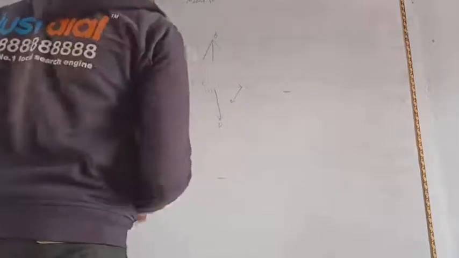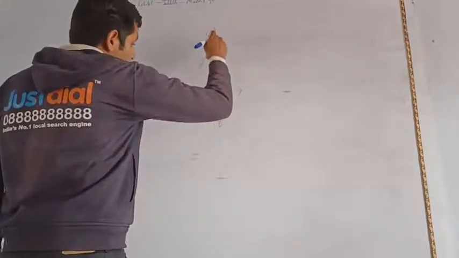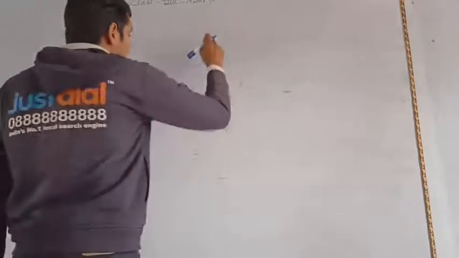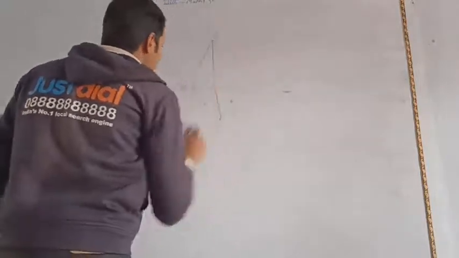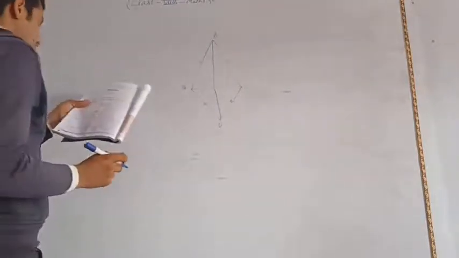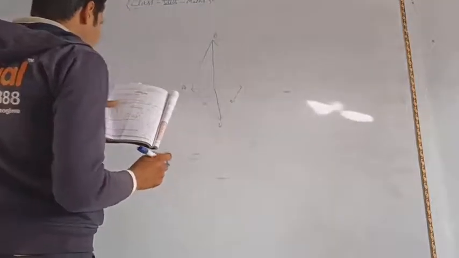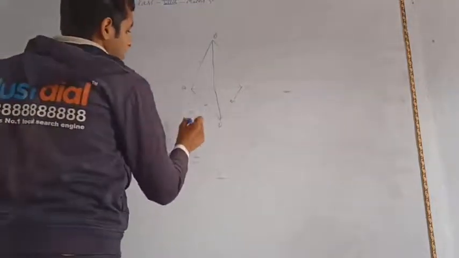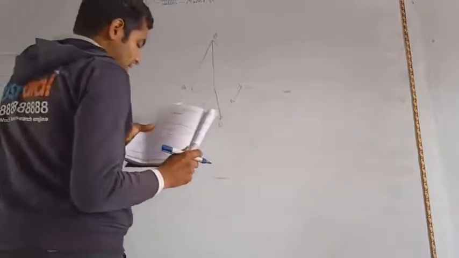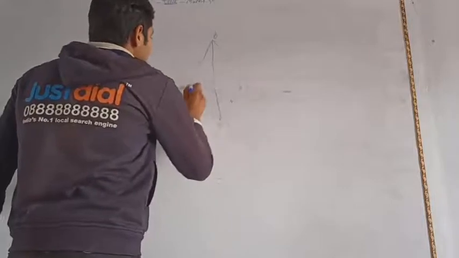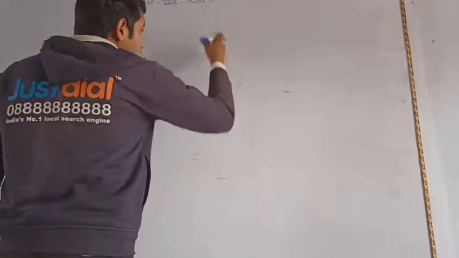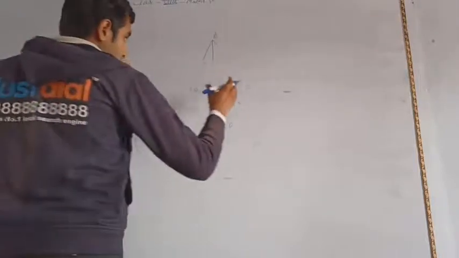Now you can see that this line BD divides this figure into two same triangles, BAD and BCD. Again here we have to prove that, and also given in the problem AD is equal to CD. And we also have to prove that angle BAD is congruent to angle BCD. This angle is congruent to this angle. So first of all we have to prove that both triangles are congruent.